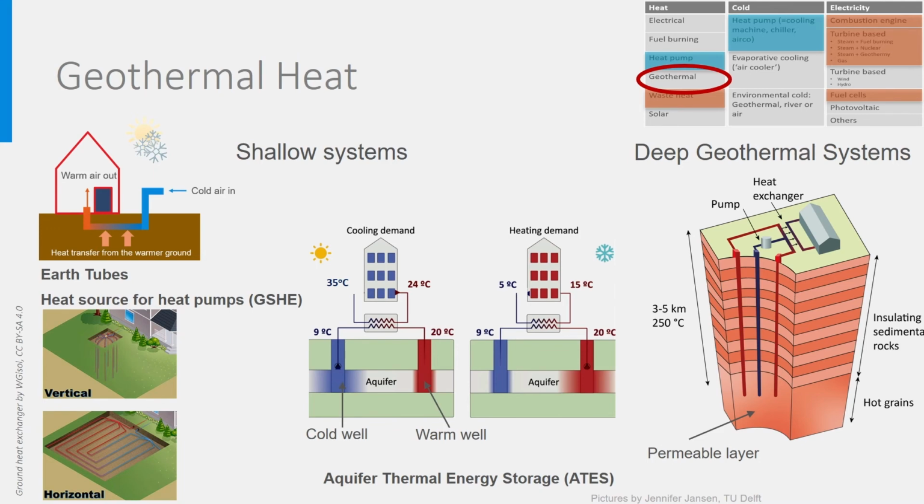In terms of primary energy and CO2 emissions, earth tubes, ATES and deep geothermal systems require pumping power. The electricity needed for the pumps may be significant, especially in the deep geothermal systems. However, this electricity represents only a very small fraction of the resources and CO2 emissions that are produced when using combustion boilers or electrical resistance heating. So, in most national codes, geothermal heat is considered to use 0 primary energy and to have 0 CO2 emissions.